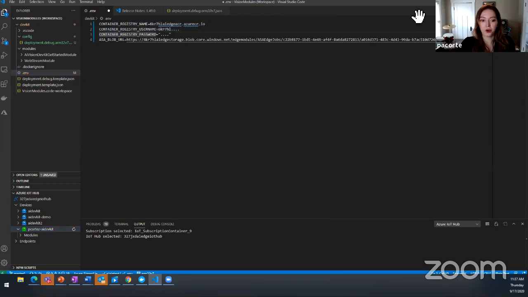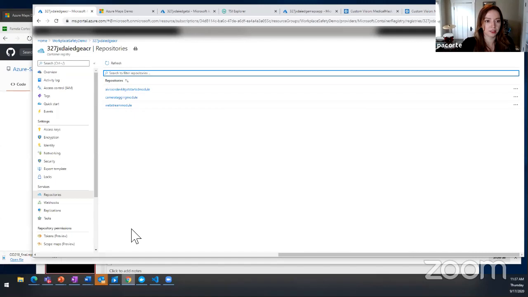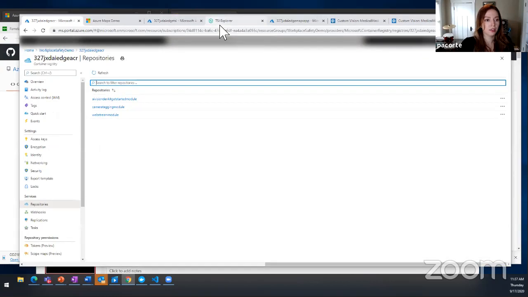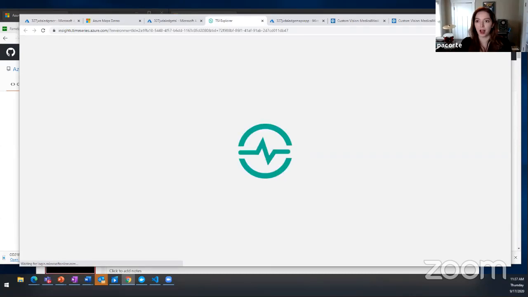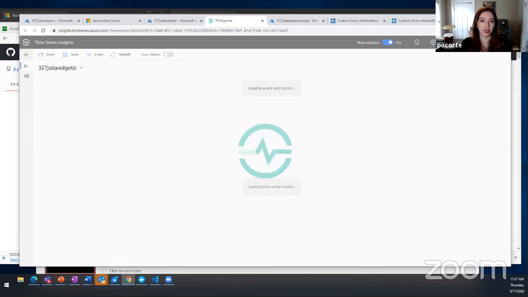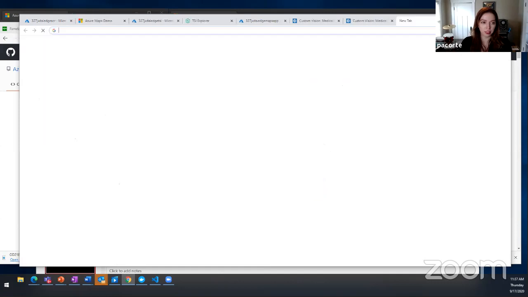One thing I want to show, let me minimize VS Code. And I want to show how to visualize this data. So I have a time series insights set up and a nice environment. And time series insights is just a great way of just visualizing your data from IoT Hub. And it's really simple to create a time series insights. Actually, when you're in the Azure portal,